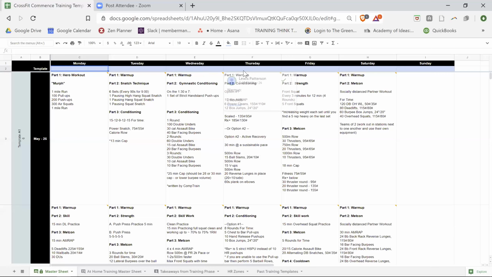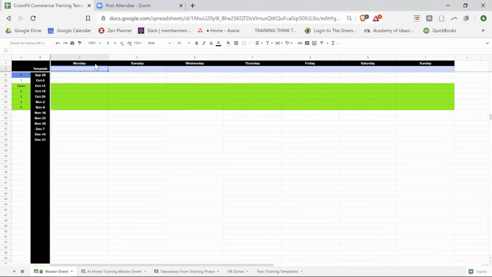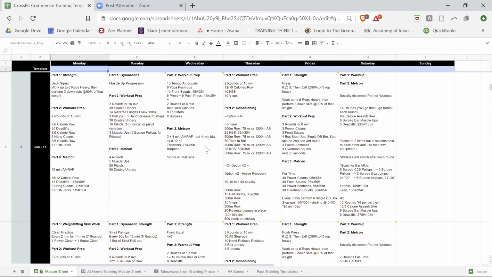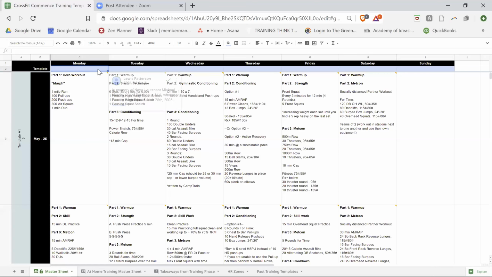And if I know Thursday is usually a two-option day, that'll be in that box, and that way whenever you scroll down, these first two cells are frozen, so you'll always be able to see that regardless of where you're at. And then we could copy and paste those previous templates and put them back in the past training templates that we've had. Currently, I haven't been operating off of this yet because